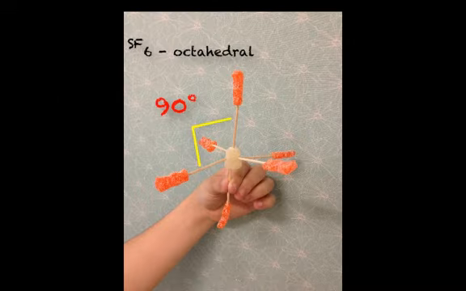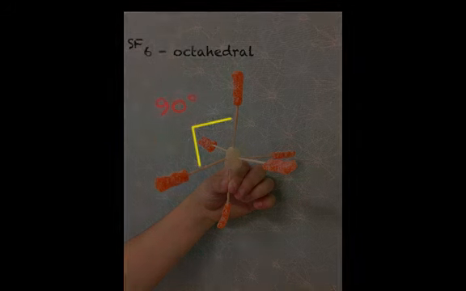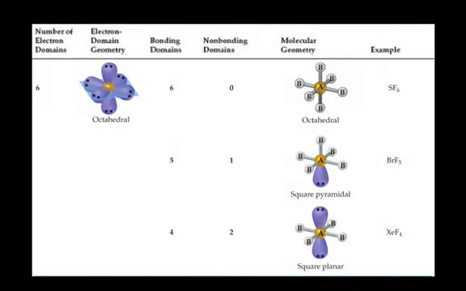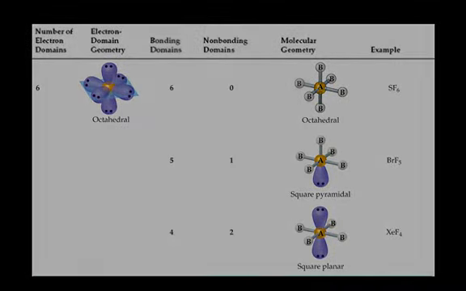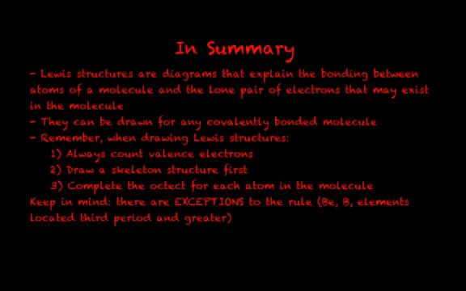This is SF6. Its electron domain geometry is octahedral and has angle measures of 90 degrees. Again, don't worry about hybridization for octahedral molecules. Let's revise everything we've learned today. In summary,